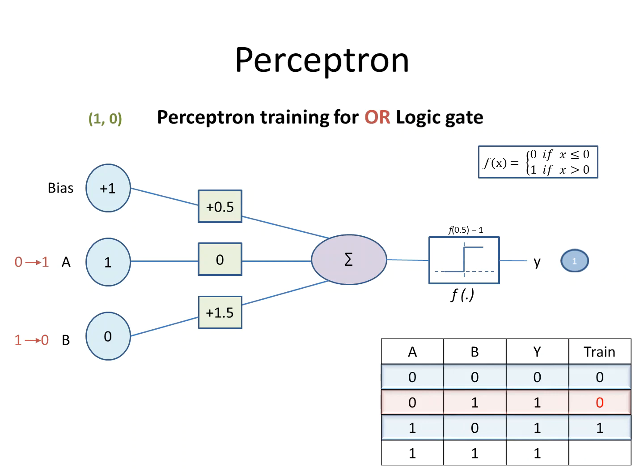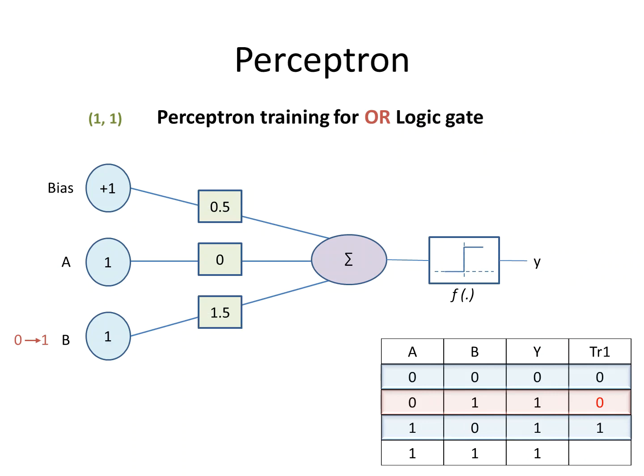So this is fine for now, and now for the last input, that is 1 1, we'll move ahead. First, after multiplication with the weight, it gave me the output as 0.5 for the bias. For the first input 0, the second input gave me the output as 1.5. Further, summation will take place here.